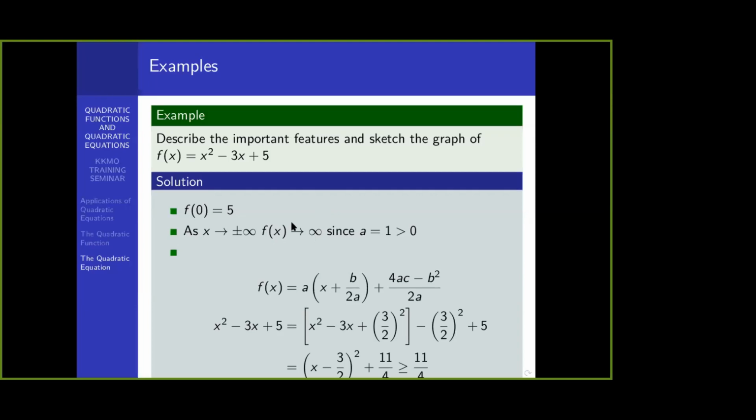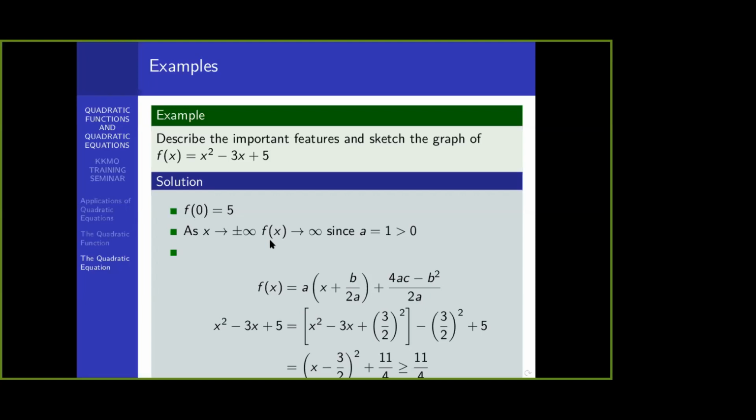If you apply this formulation for the quadratic expression, we can find the minimum value for the function. Remember, when a is greater than 0, we have a minimum value, and that minimum value is usually this term. When we work it out, we get it to be 11/4. So the minimum value is 11/4. And this is attained when x is -3/2,